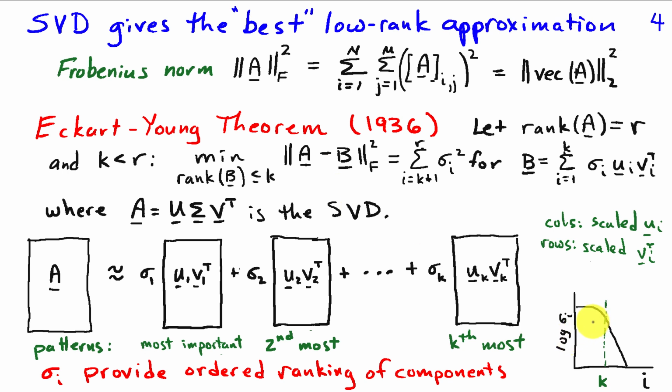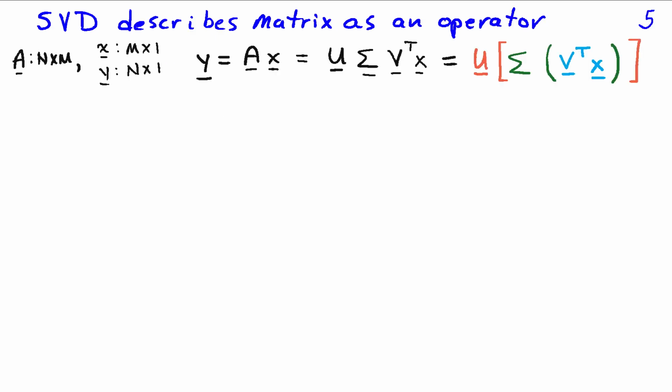We typically want to represent the matrix A using k terms that capture the significant singular values. And this kind of a plot can help us see where the singular values begin to fall off and how many terms we need to represent the matrix A relatively well, and we'll look at this more later. And we're going to conclude this video by looking at what the singular value decomposition tells us about a matrix